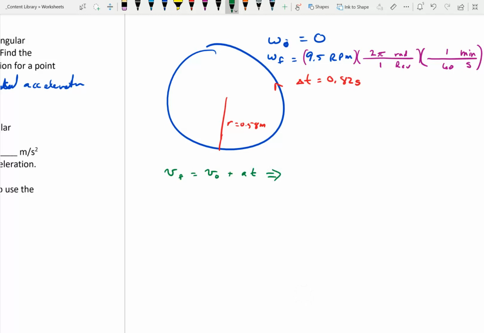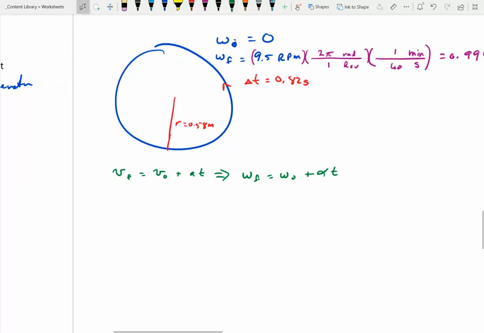Converting that to angular, you just replace v's with omegas and a's with alphas, and you have omega final equals omega initial plus alpha t. So I'm looking for alpha: omega final minus omega initial over t equals alpha equals